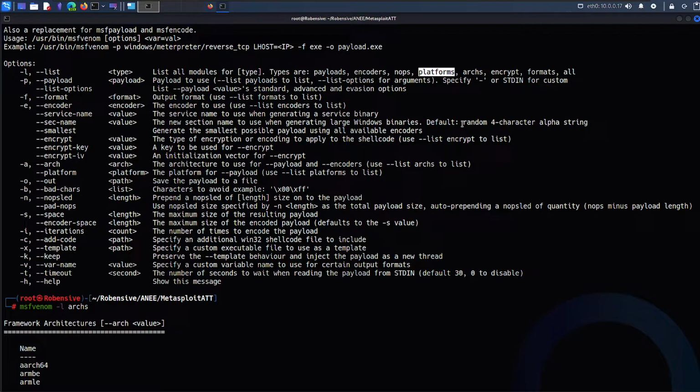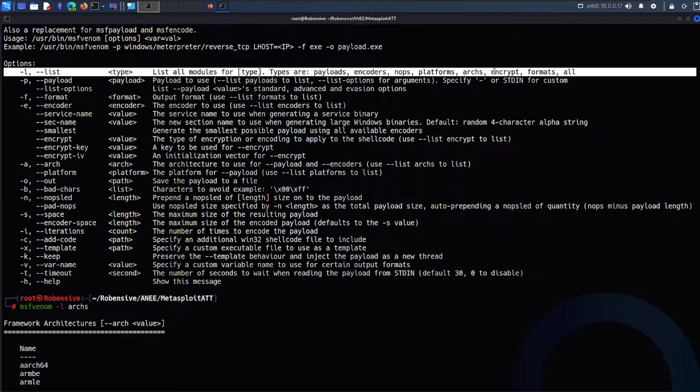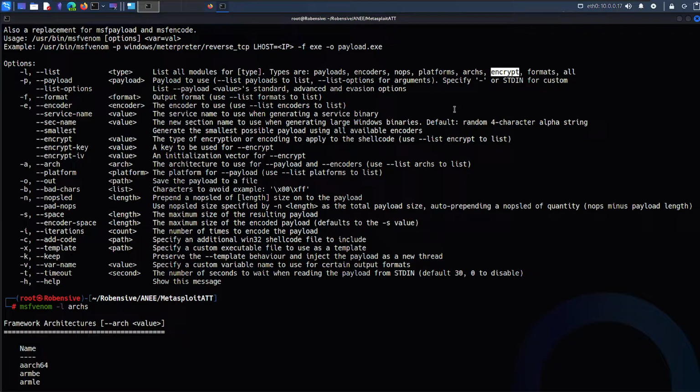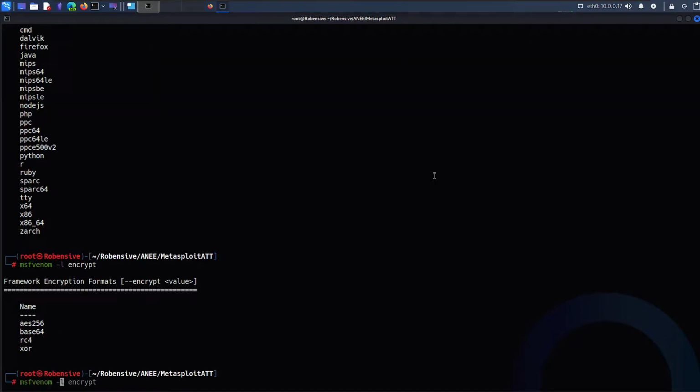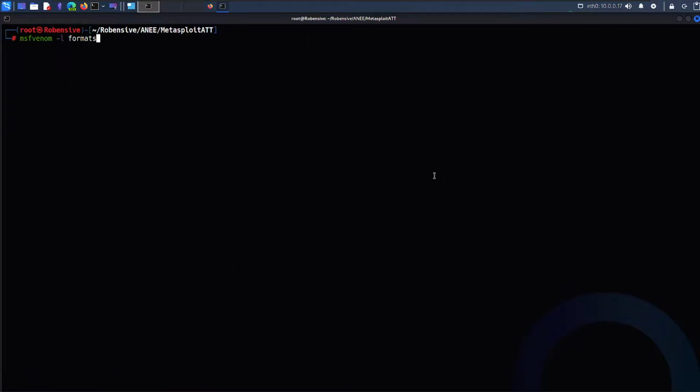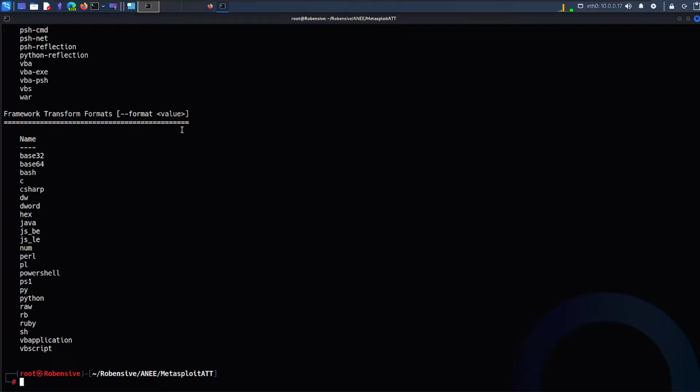Platform is the different operating systems and interpreters to specify. Architecture is again where it will execute: 32-bit, 64-bit, or different interpreted languages. Encrypt will encrypt your malicious piece of code or shell code formats. This is important and we will be focusing on it ahead. MSF Venom hyphen list: hey MSF Venom, show me all the different formats supported by Metasploit, MSF Venom, or the